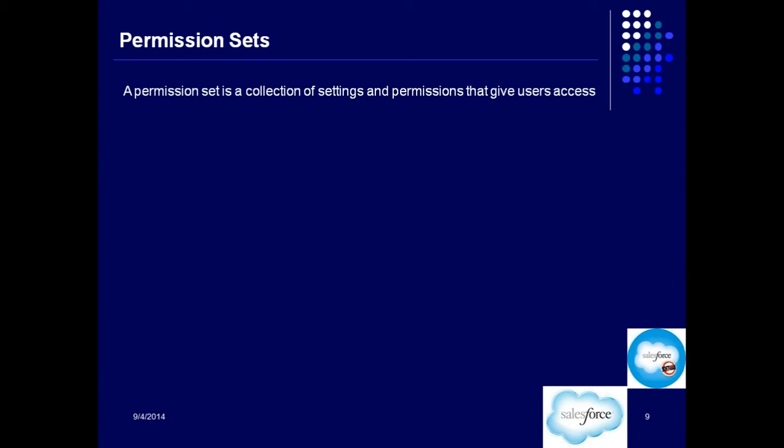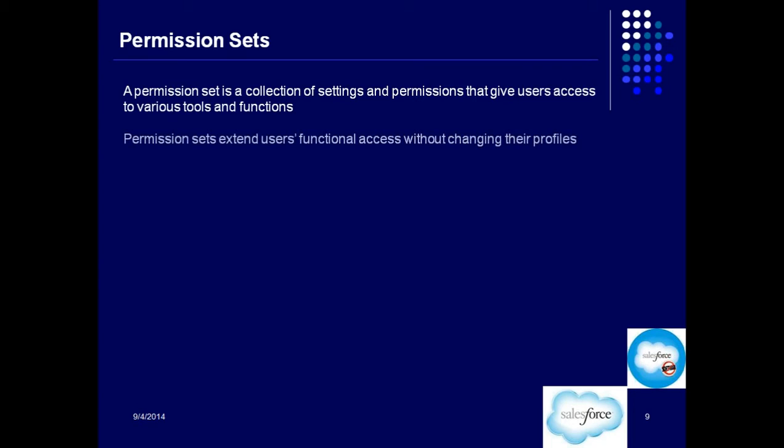A permission set is a collection of settings and permissions that give users access to various tools and functions. Permission sets extend users' functional access without changing their profile. So instead of going and changing the profile, you can give additional access through a permission set.